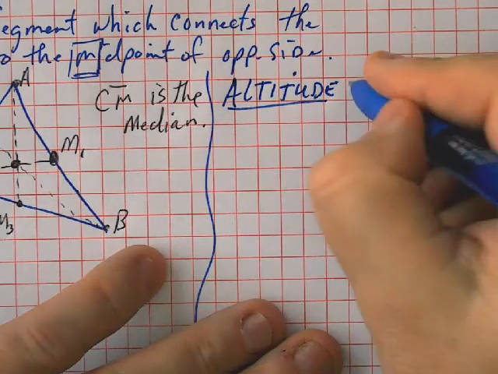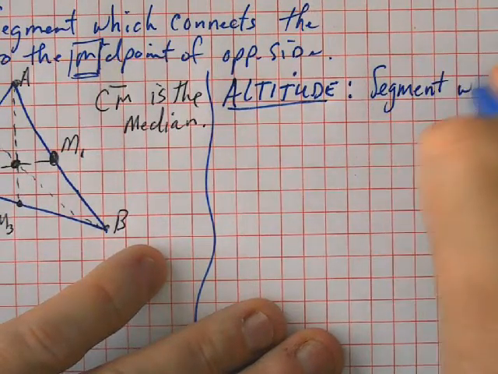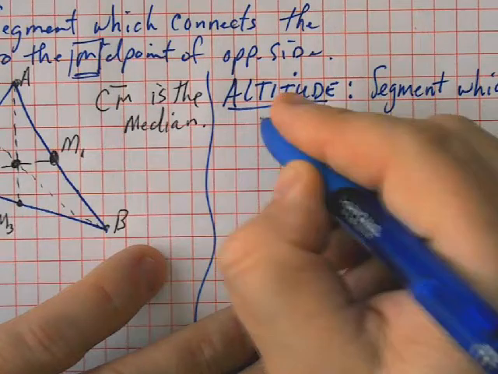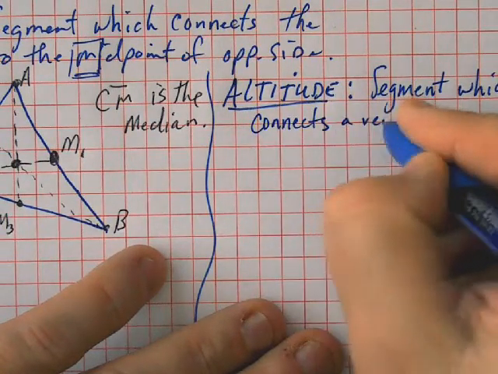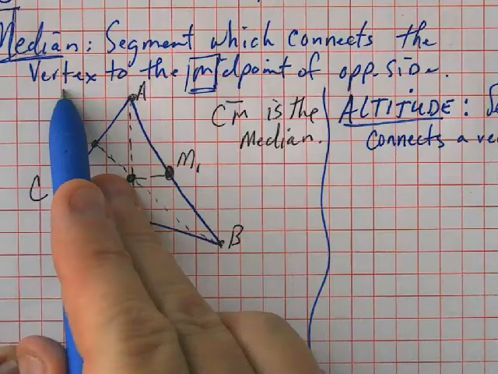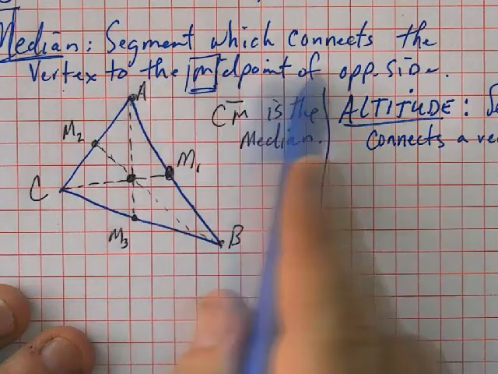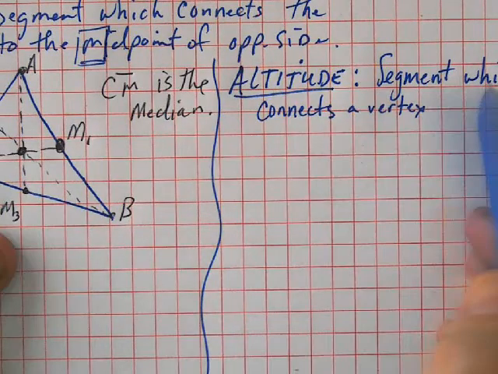An altitude is a segment which connects a vertex. So it's very similar to a median, a segment which connects the vertex and then goes to the midpoint of the opposite side, right? Well, an altitude is a segment which connects the vertex